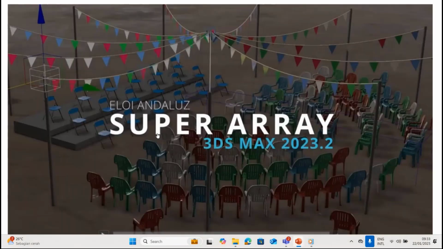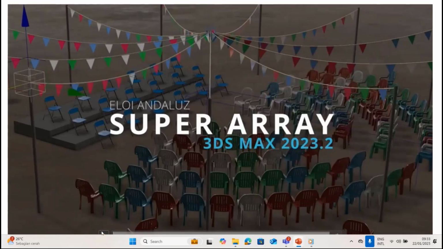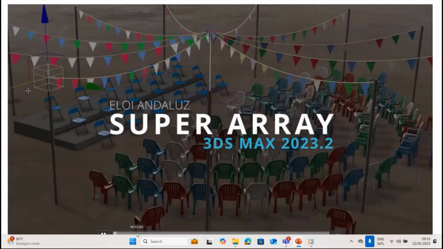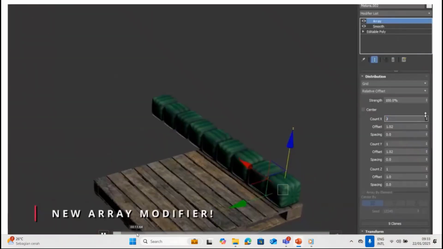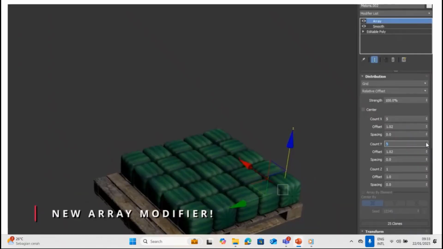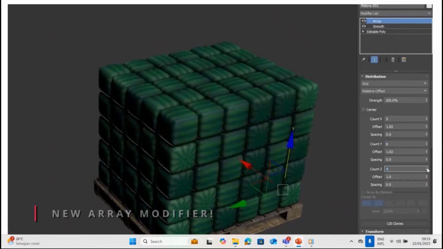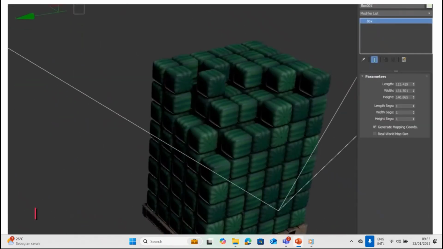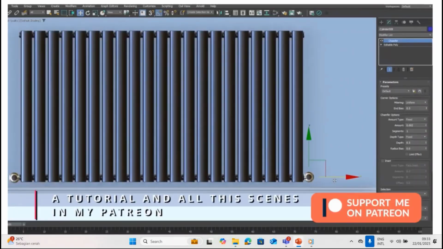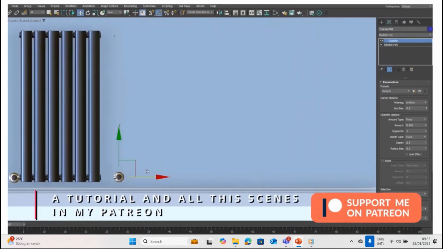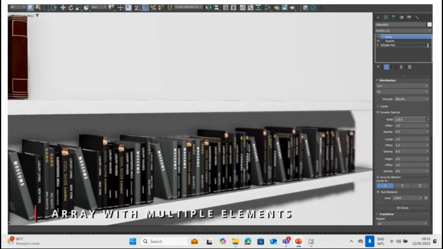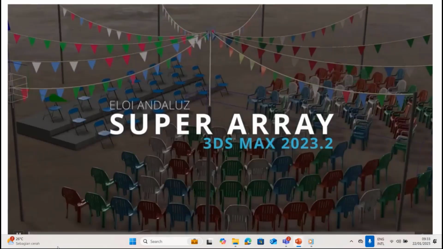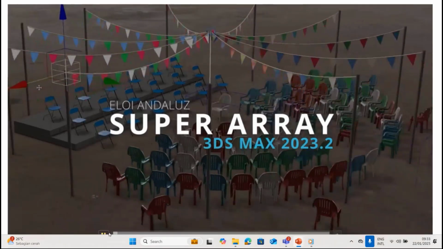Okay, so this is the super array. If you used array before in 3ds Max, right now it is much improved. Can you imagine when you create an asset in your project? Let's say you own the asset, you put all the things, like a chair, a desk. You create it, and right now it's easier. You see, not only one direction, it's many directions, like this one, like a bookshelf.